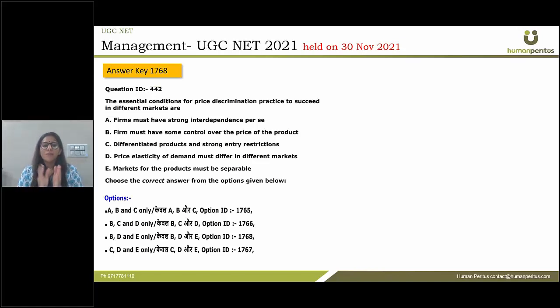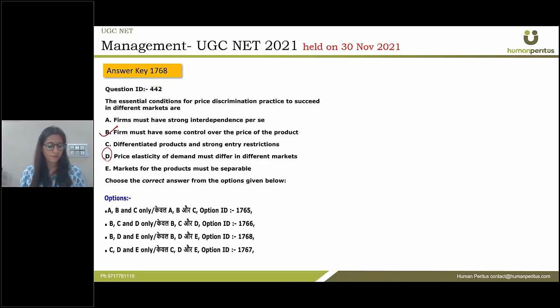For example, there must be a difference in elasticity of demand in both the markets, so that if we are setting different prices in the market, we must get some response in the quantity demanded in relation to the price. That is, there must be a presence of elasticity of demand in different markets, which makes statement D correct. The next one is the firms must have some power to set its prices. That is, if the firms have the power to set its prices, then only they will be able to set different prices in the different markets. This makes option B correct. The statement B is also correct according to this.